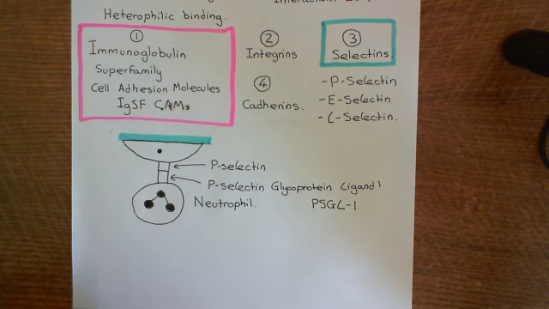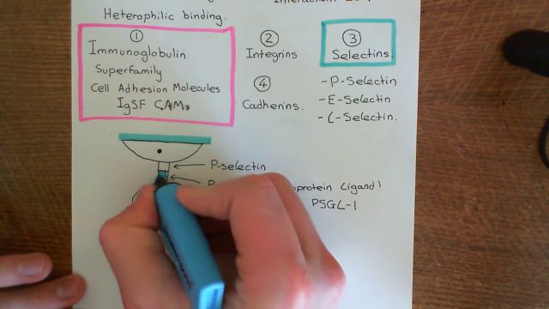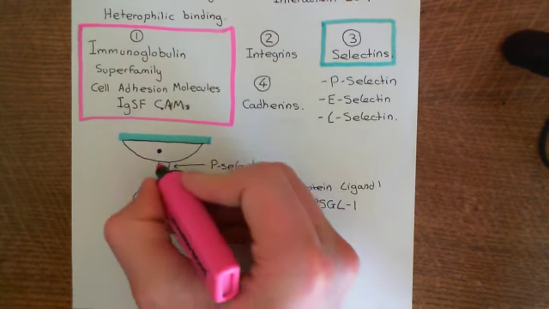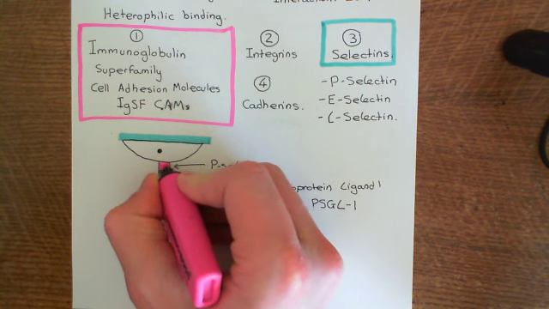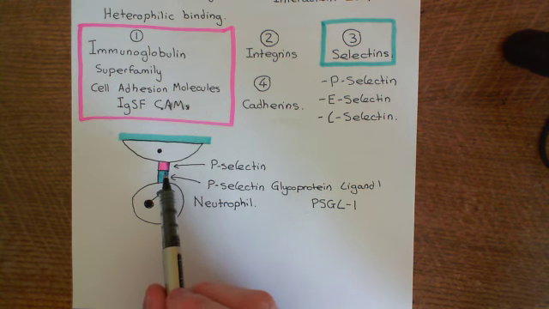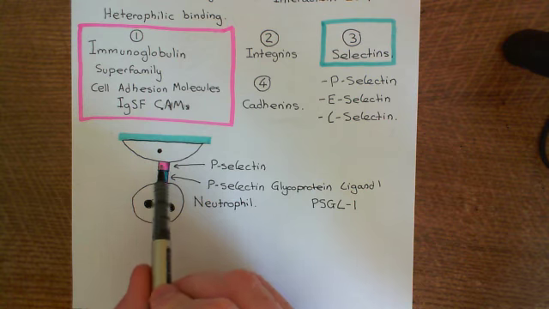Let me colour these in separate colours. So P-selectin glycoprotein ligand 1 is here in blue. P-selectin we'll have in purple here. And the two are binding together, and that's binding this neutrophil to the endothelial cell. Now let me stress, this would not usually happen because the endothelial cells wouldn't usually have P-selectin on their surface. So it's only going to happen in the capillaries and the post-capillary venules of an inflamed tissue, because only those endothelial cells will have been activated to put P-selectin on their surface, and